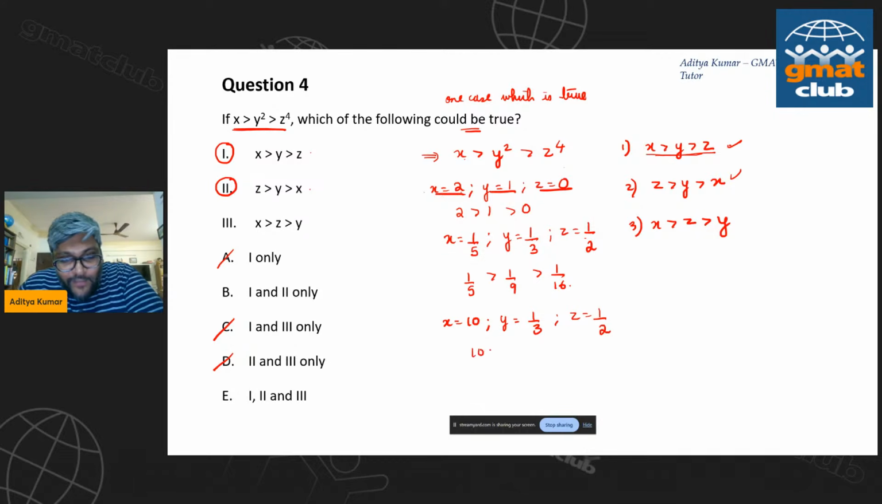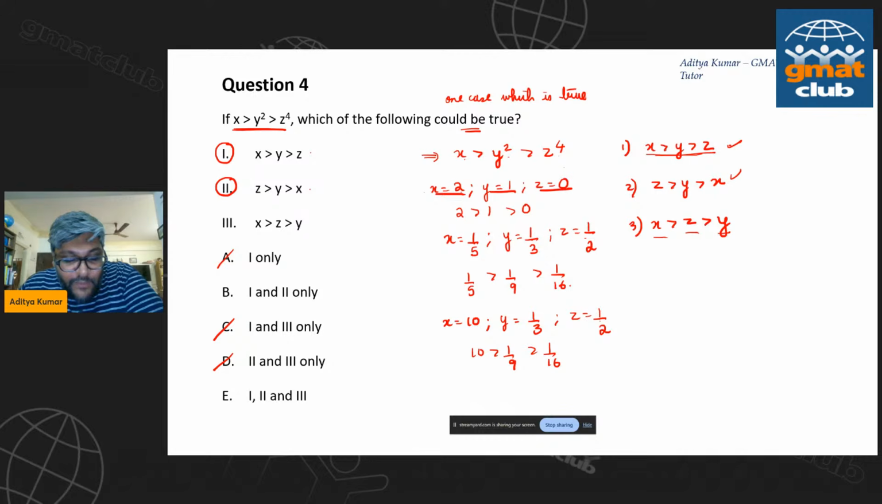So 1/16 is definitely less than 1/9. You see, I'm trying to prove this to be true. I want to take values of x greater than z greater than y. So I'm taking z as 1/2. I'm taking y as 1/3, because I know (1/2)^4 will give